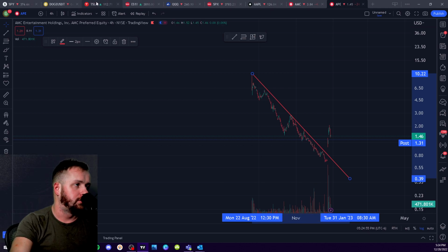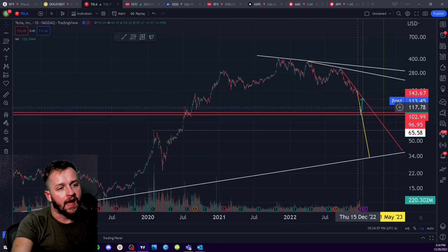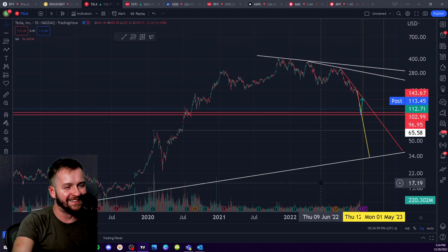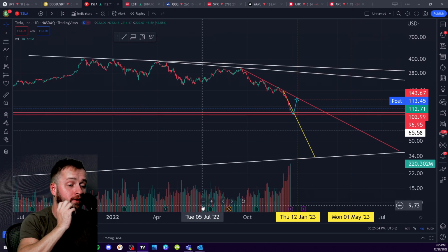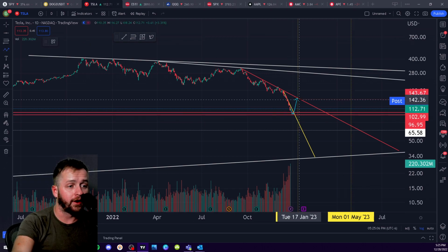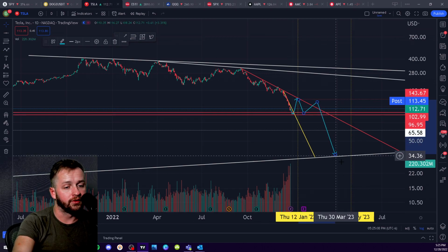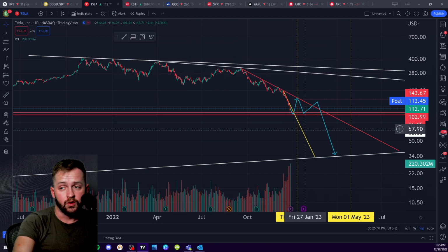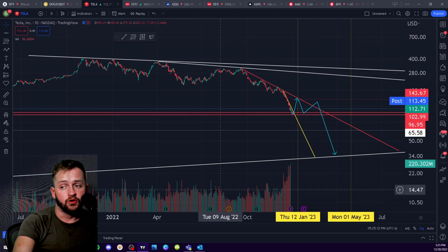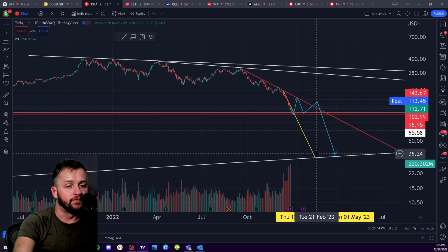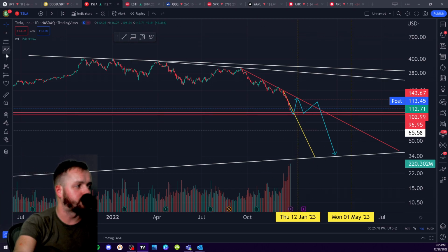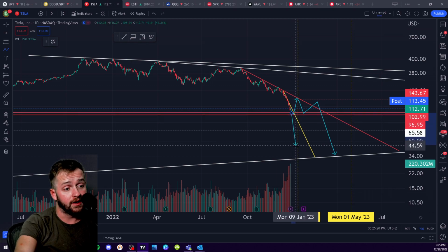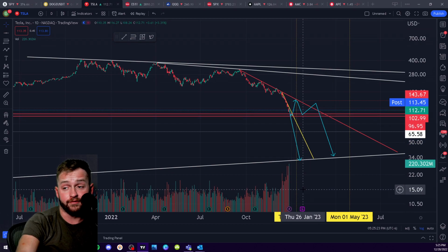Oh, Tesla. I did say that Tesla could have a rocket, which is funny because I've been shitting all over Tesla. I am still very bearish on Tesla long term. I'm still seeing crazy, what the fuck, $50, $25 even on Tesla. But you know, relief rallies. It's not just going to go straight down. I mean, that would be cool. I would enjoy it thoroughly. That would be very fun.